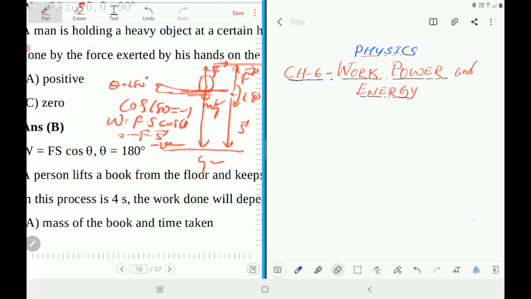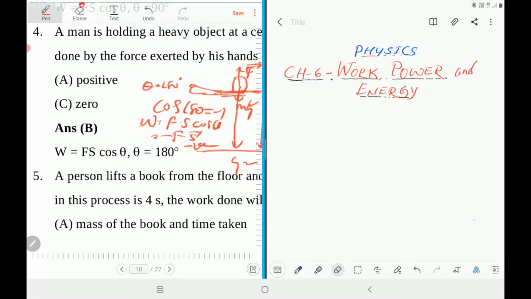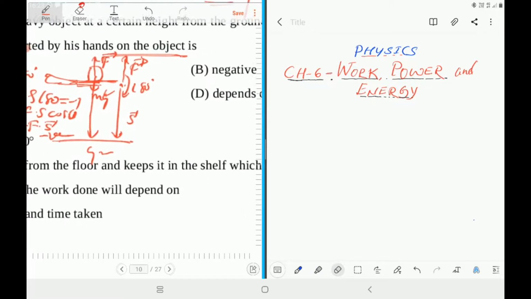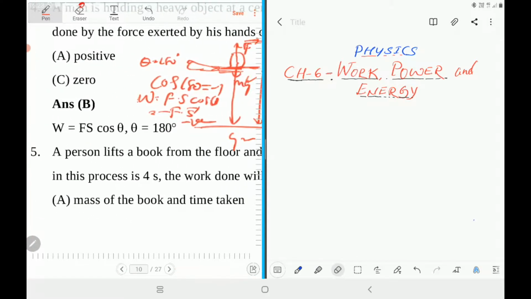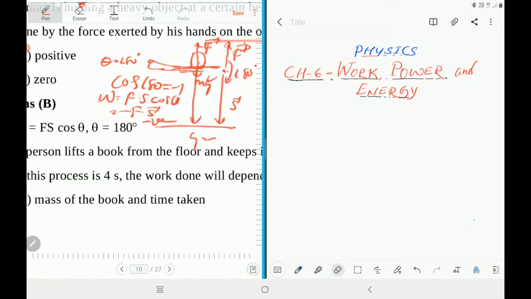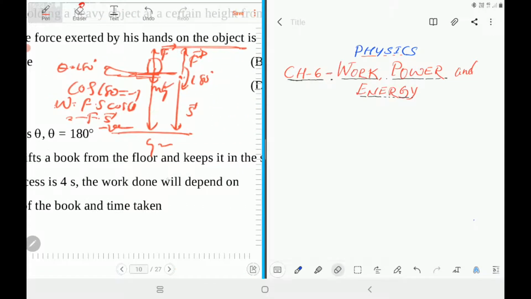Cos 180 is minus 1. That's why the work is negative here. Work done is negative. Option B. That's it. Next one. A person lifts a book from the floor and keeps it